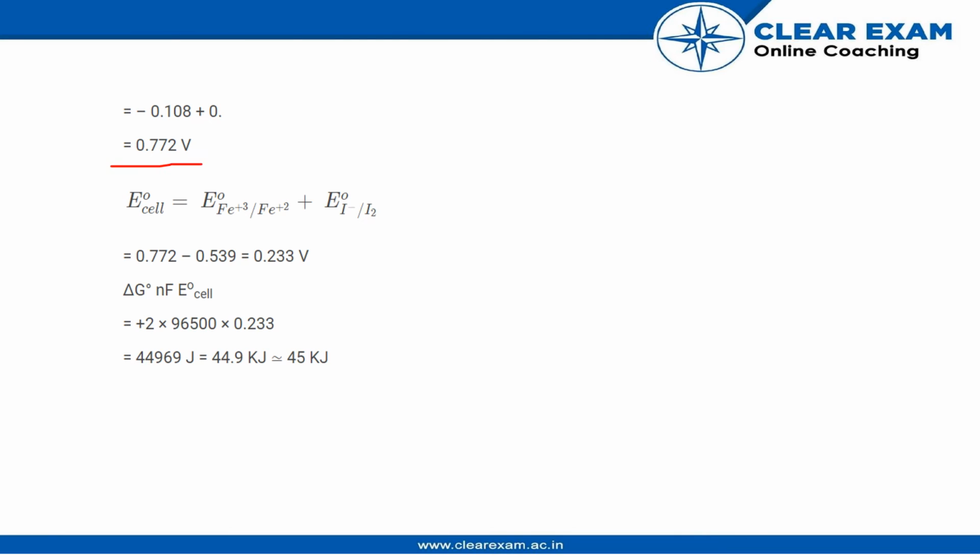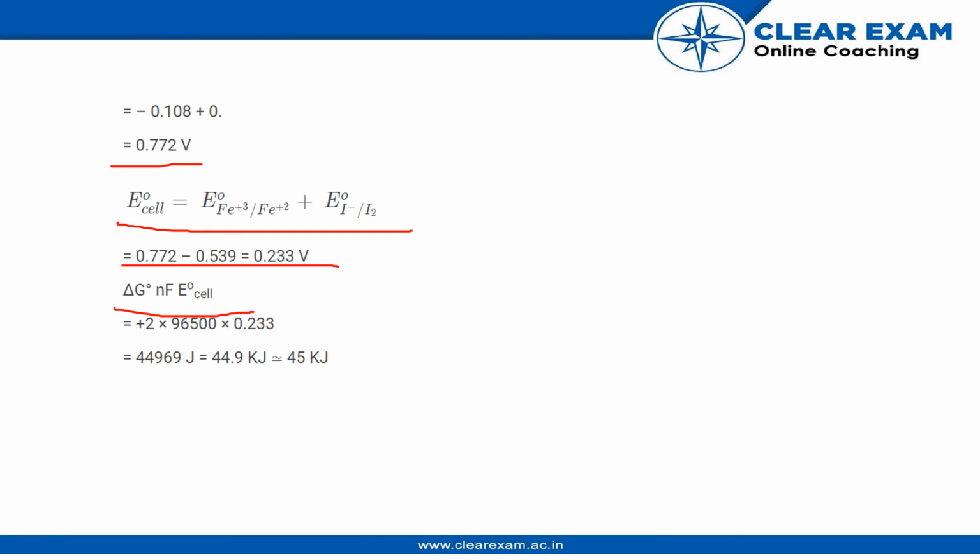0.772 volt, and using this value, the E° for the entire cell uses E° Fe3+ to Fe2+. As you can see, 2 Fe3+ becomes 2 Fe2+, so the stoichiometry for both these terms is the same. And if you look at E° for I− to I2, it is double for I− on the reactant side. So using that, we can get the value for E°cell as 0.233 volt, and we know the ΔG° value is